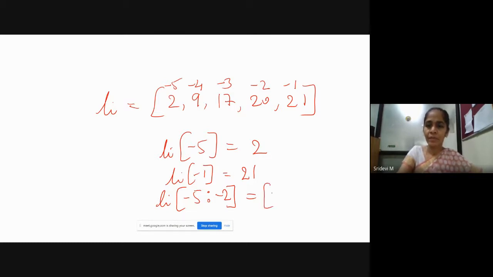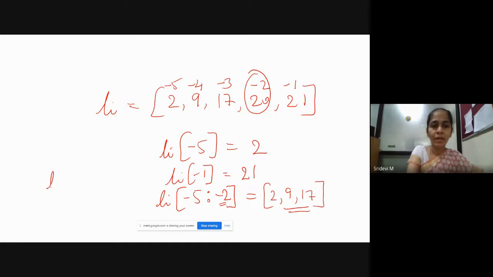Now what elements will be retrieved? 2, 9, 17 and -2. This value is not retrieved because that is the end point. So till one index number before it will be considered. So your result will be 2, 9 and 17.